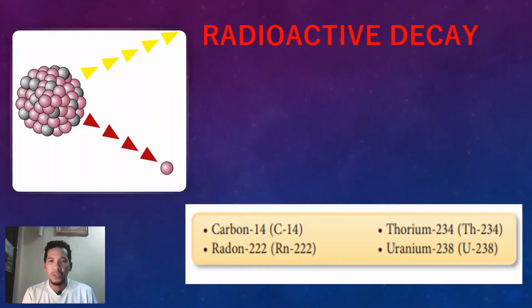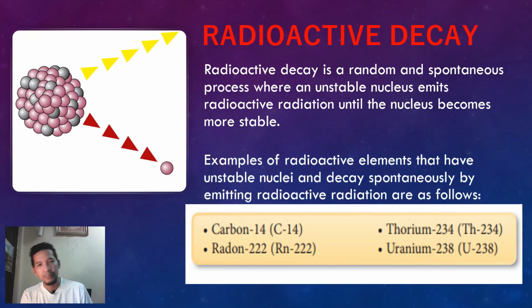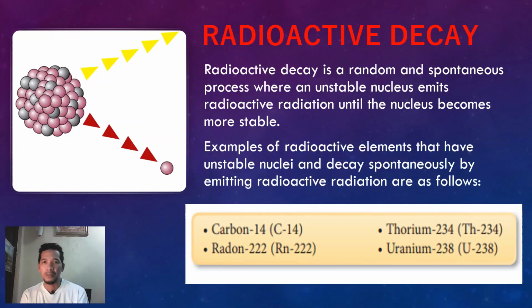So I mentioned earlier radioactive decay. What is radioactive decay? Radioactive decay is a random and spontaneous process where an unstable nucleus emits radioactive radiation until the nucleus becomes more stable. Examples of radioactive elements that have unstable nuclei and decay spontaneously by emitting radiation,